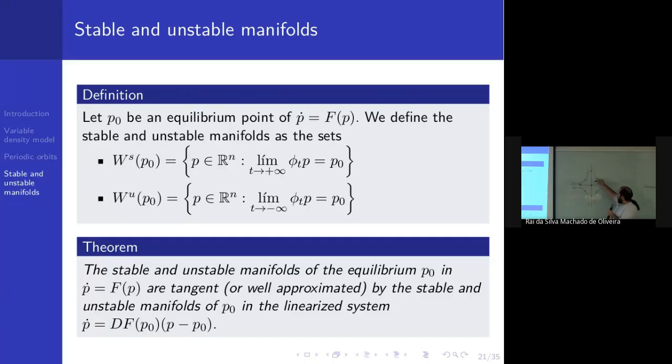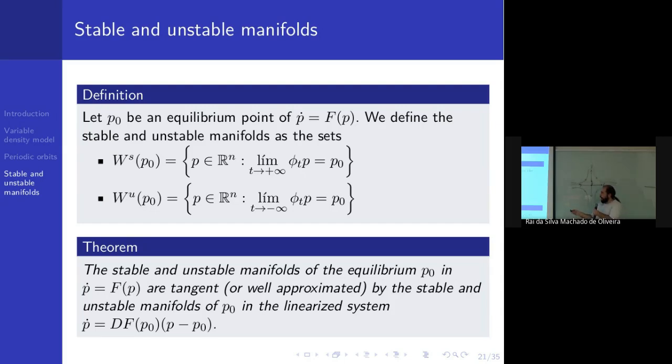So if you start at this point here and propagate the orbit that goes away from the equilibrium point, you start computing the unstable manifold, okay? Because this trajectory, when time goes to minus infinity, reaches the equilibrium point. And the same with the stable manifold. You start here, and your trajectory ends up in the equilibrium point. So when you propagate back in time, you obtain all the stable manifold.